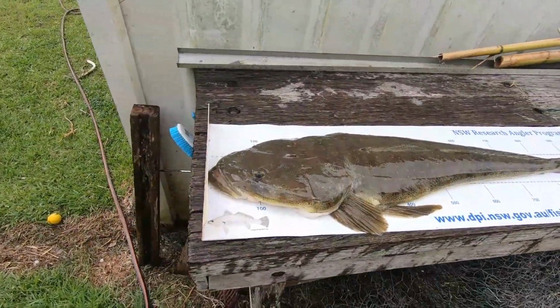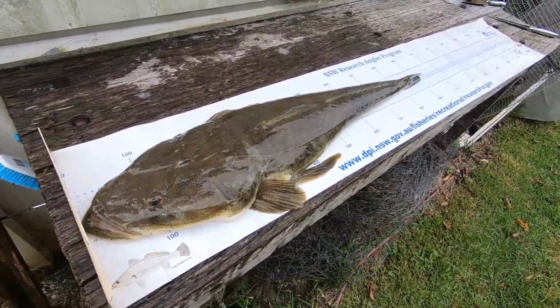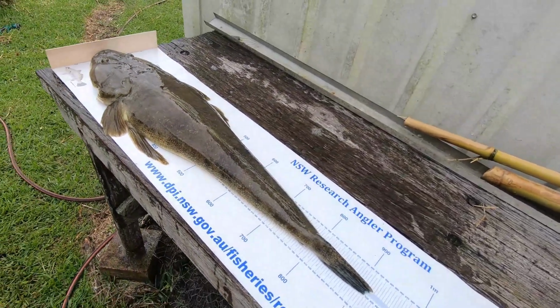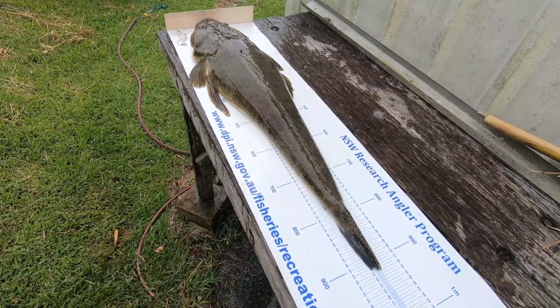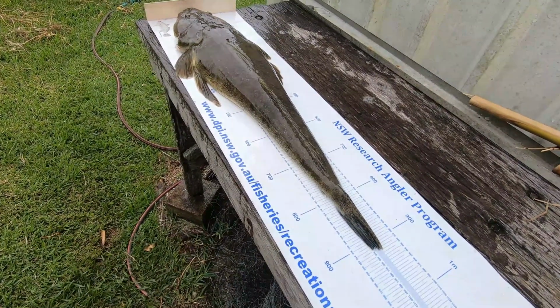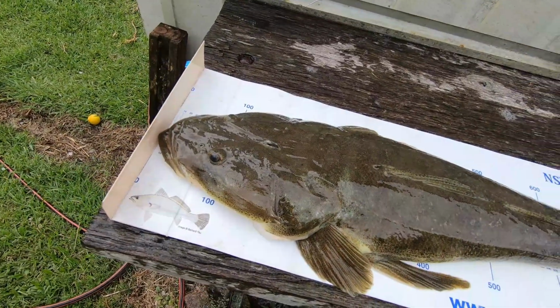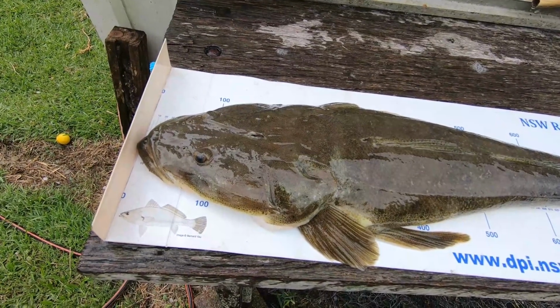This magnificent specimen of a flathead is going to provide valuable scientific information for the New South Wales Department of Primary Industries. They've been looking to age these bigger fish to find out the age and size structure of the flathead population. They do this by removing the otoliths from inside the head, and they're a bit like tree rings. You section the otolith, you count up the rings, and you can work out how many years old